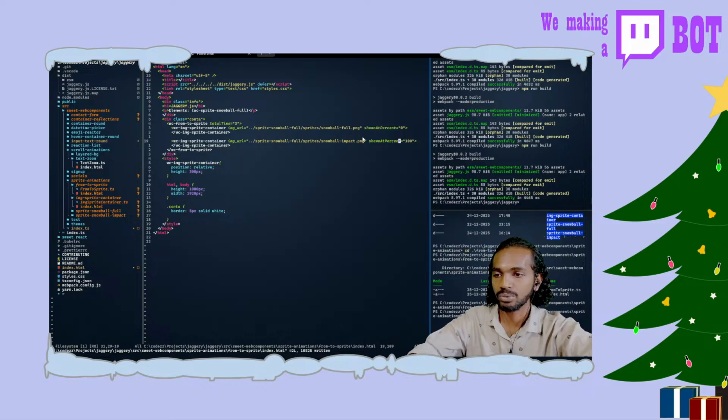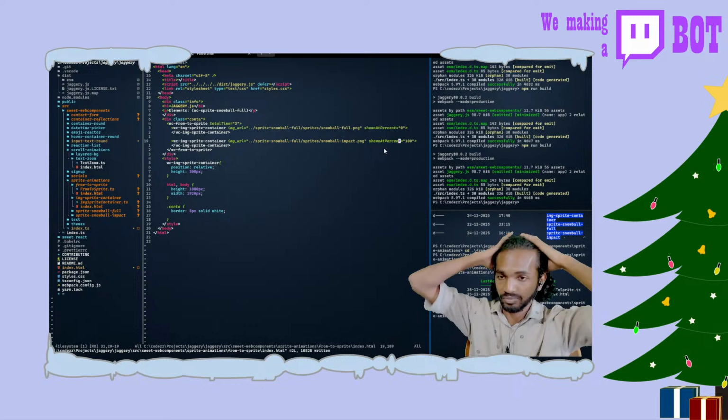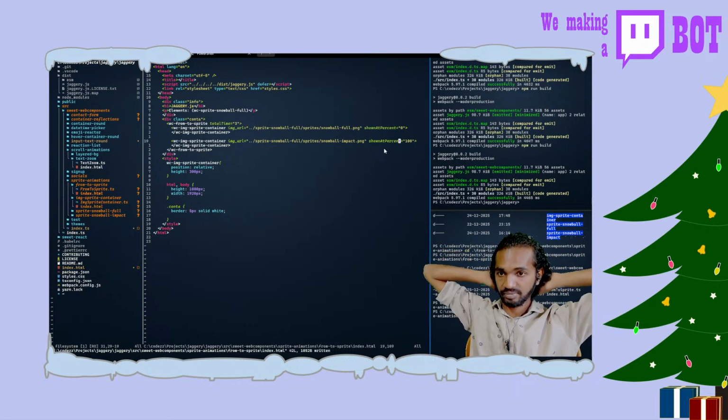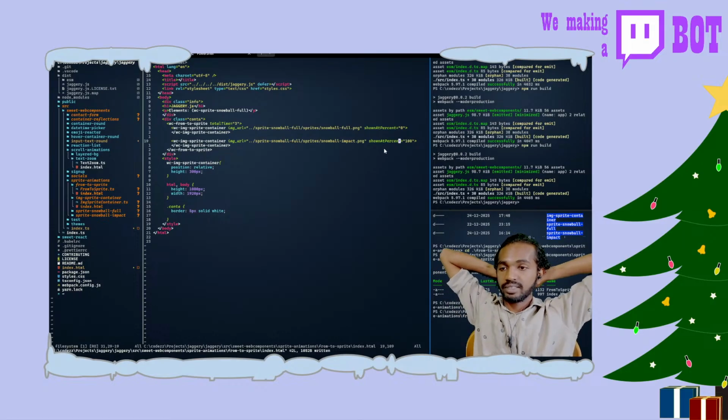So we have two things that should be there, but at the same time, the shown at percent